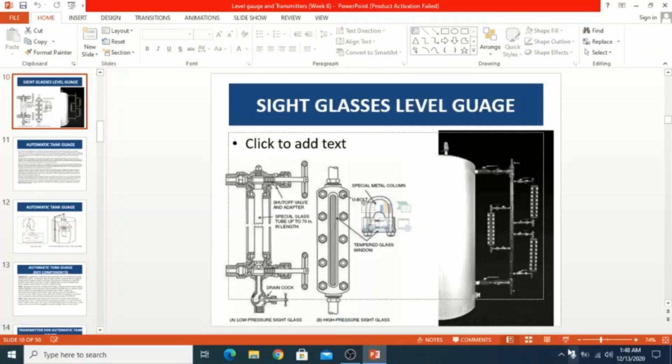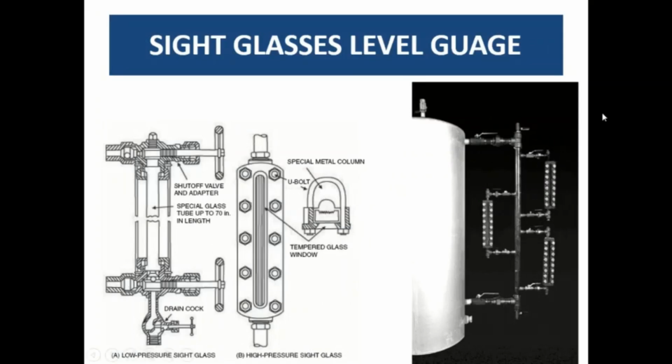Then we have another type of side glass level gauge. As you can see in this figure, this type of level gauge has a particular height or length through which you can easily visualize that the material is filled up to that mark in a particular accumulation tank. If I talk about the main application of this type of level gauge,